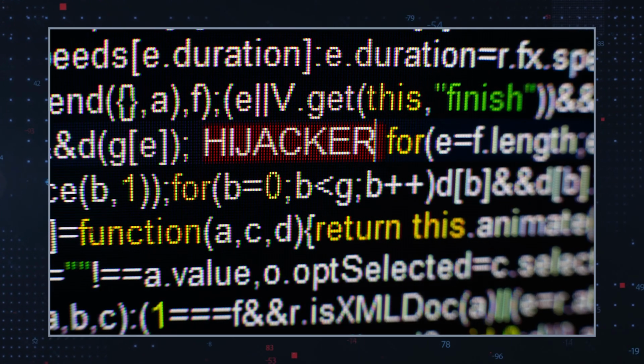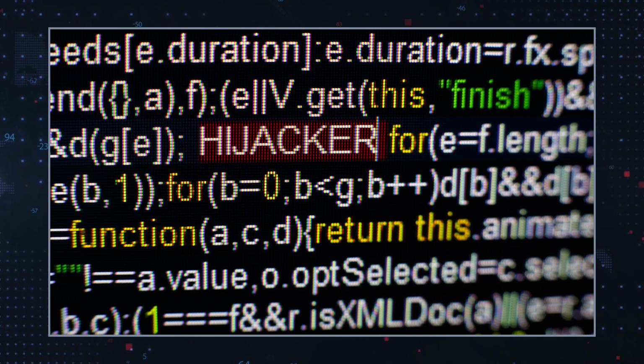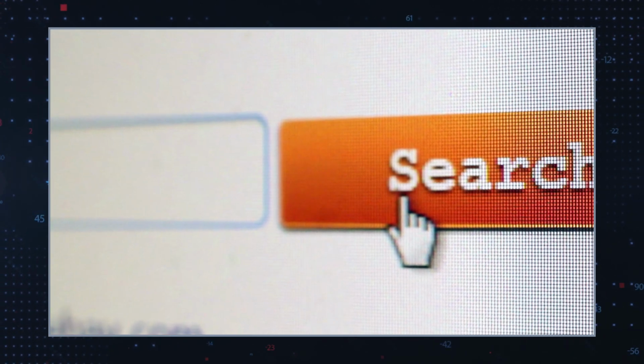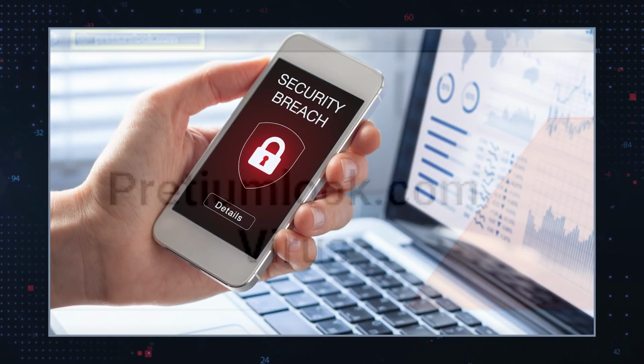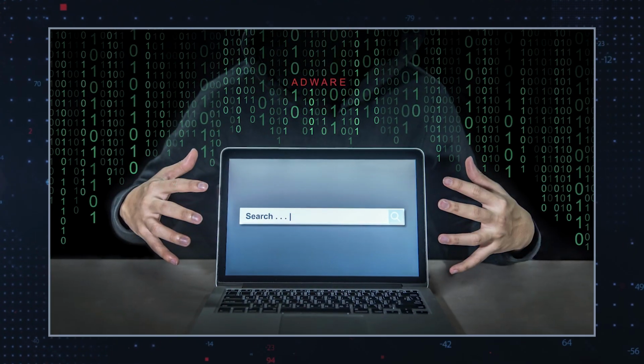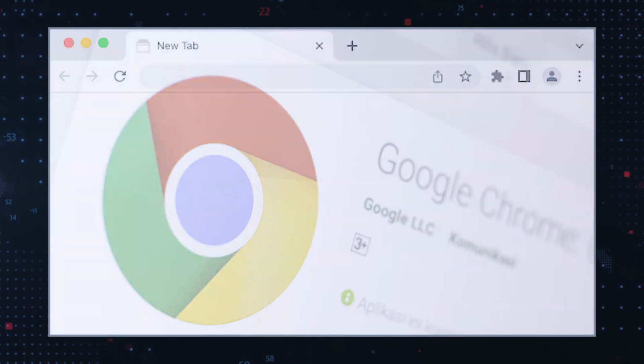Procaptchahub.top is a dubious search engine associated with browser hijackers. Why are browser hijackers that partner with unreliable search engines a threat, and how can you remove them? Browser hijackers that partner with suspicious search engines like Procaptchahub.top can be an online threat for several reasons. Undesirable control: browser hijackers take control of your browser settings by modifying your default search engine, home page, and new tab page. As a result,